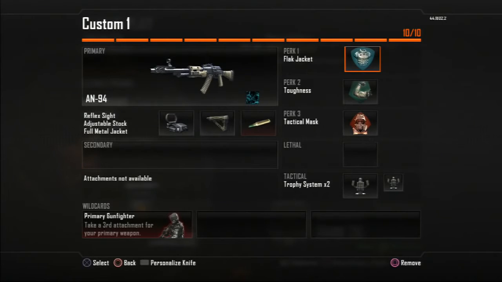Also flak jacket, because in hardpoint, if you're guarding the hardpoint, you're going to get grenaded a lot. So flak jacket is almost necessary for